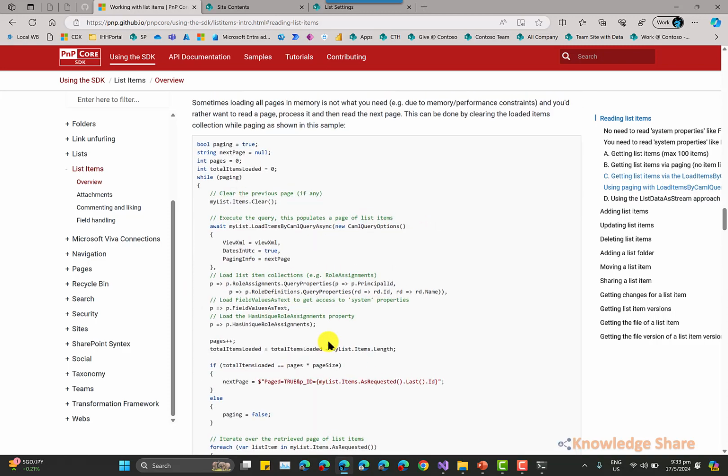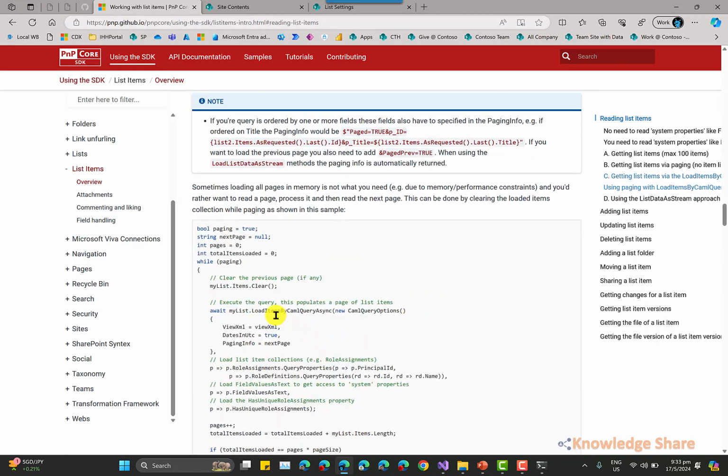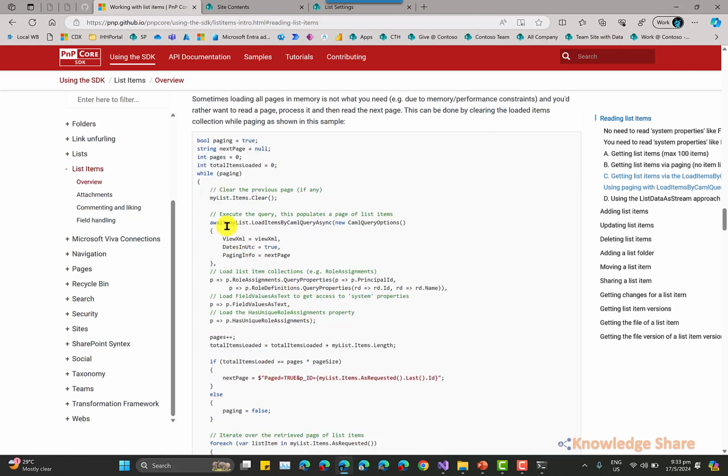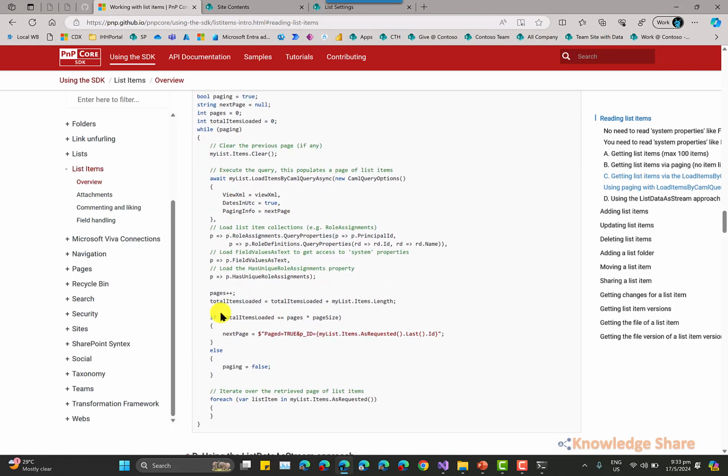But if you are looking at load items by CAML query, it's a different approach, where you have to calculate the pages and you have to design the page URL using the last item ID, which is retrieved from the previous execution. So based on this, you can page